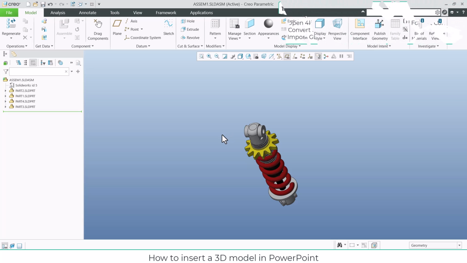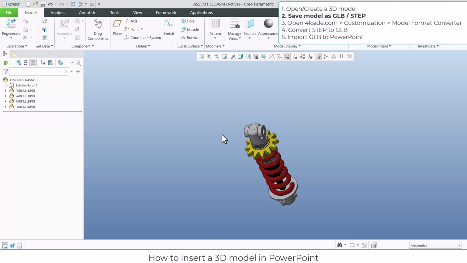and the system will load all information in the Creo session. Creo doesn't support direct export to GLB, so we will use the conversion to a STEP file, and then I will use my web page 4ksite.com, and we will convert the data to the necessary file. So simple, save the model as a STEP file,